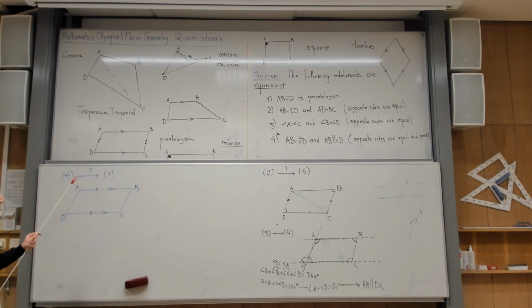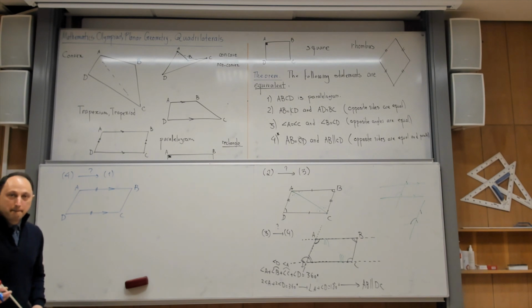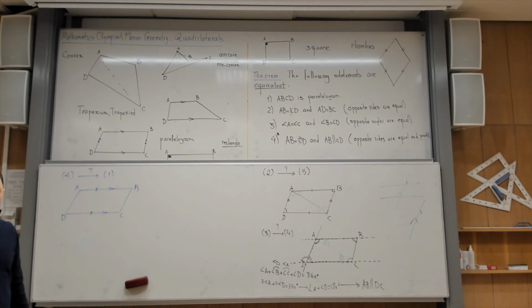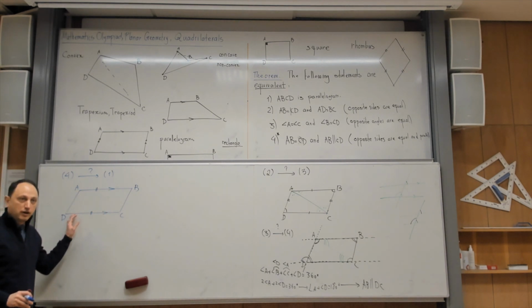There is one more thing to show. What is that thing? That the other sides are also parallel. Because if I want to show that a quadrilateral is a parallelogram, I have to show that they are parallel, but I don't need to show